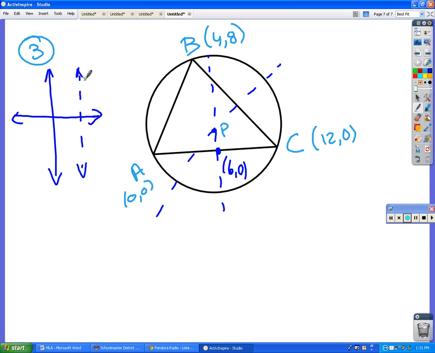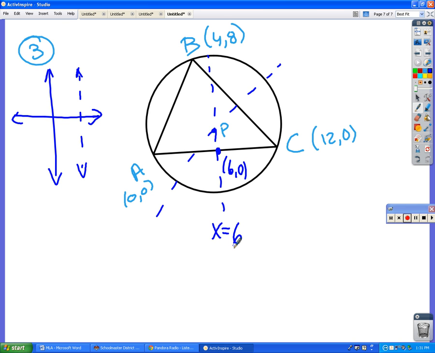But the slope is undefined, and so that's not going to help us this time. This is one of those weird special cases. Yeah, where is it out on the x-axis? 6. So the equation for this line is x equals 6, because it goes straight up and down at 6,